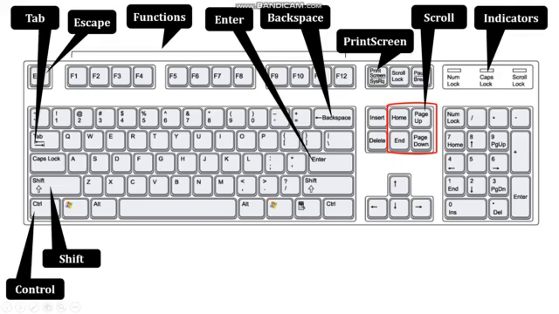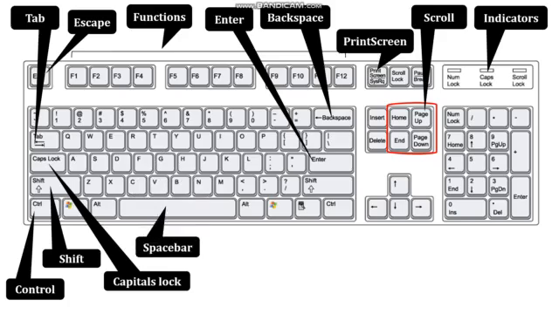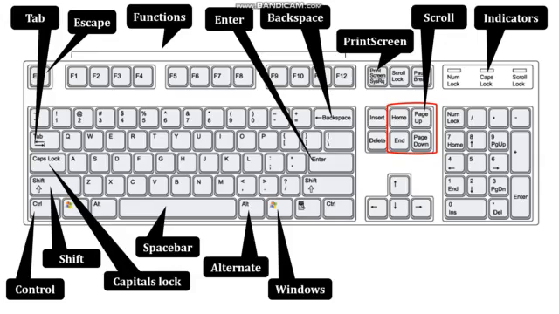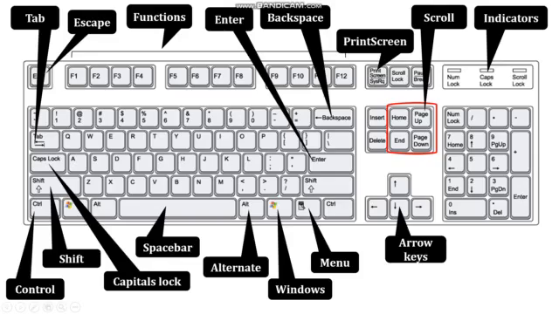now here we have the control key and this is the shift key. This is capital lock or caps lock, space bar. Okay, so these are all the different keys. Alternate, Windows key, see, Windows key. This is the menu key, and the arrow keys.